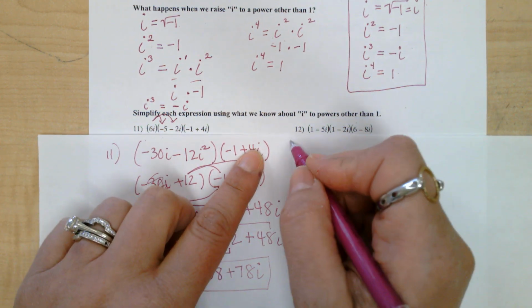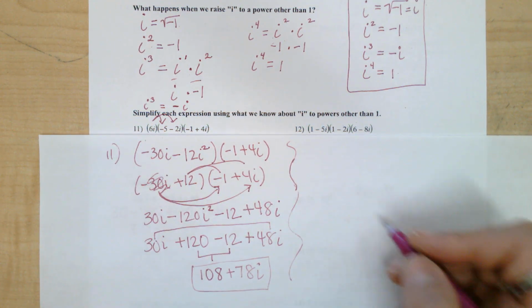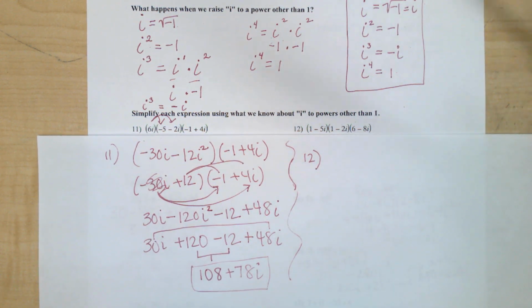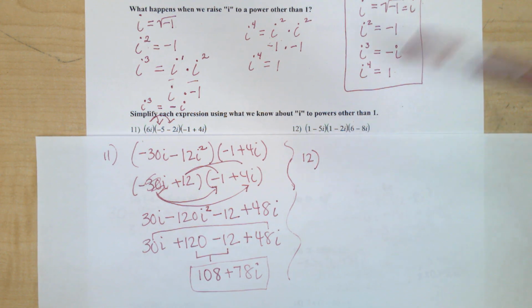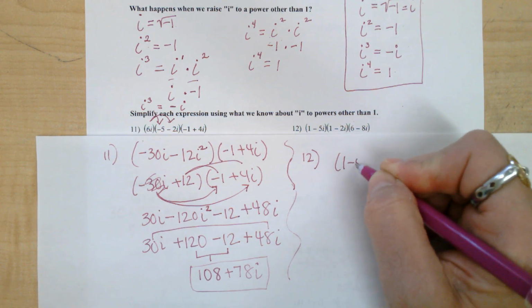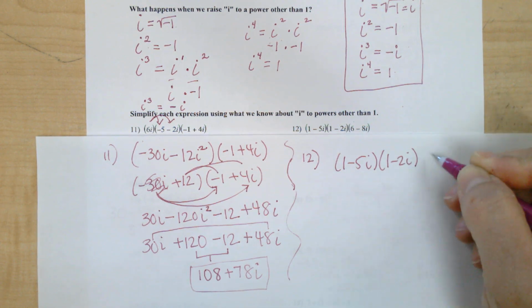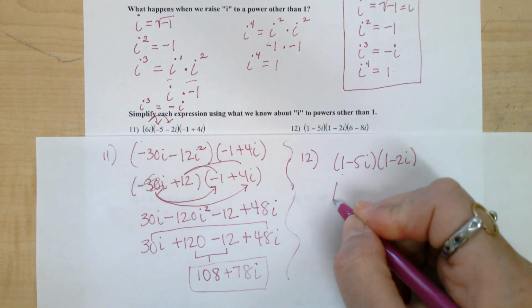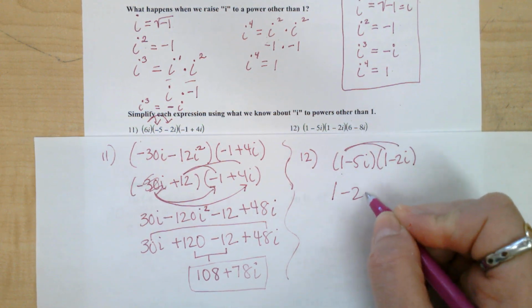All right, let's do number 12. And again, if you want to try, you're more than welcome to. For number 12, we do see we have 3, 1, 2, and 3. So let's just do the first two. 1 minus 5i, 1 minus 2i. Let's do that first. 1 times 1 is 1, minus 2i,